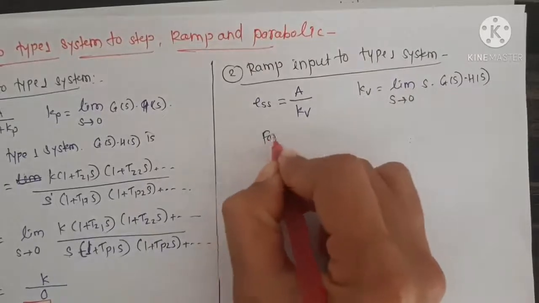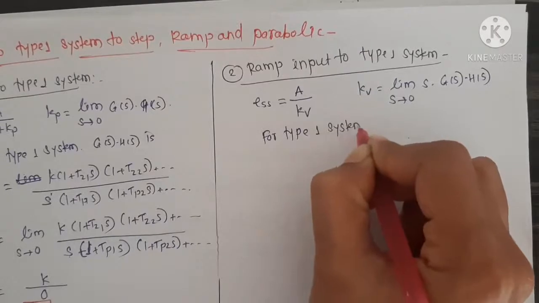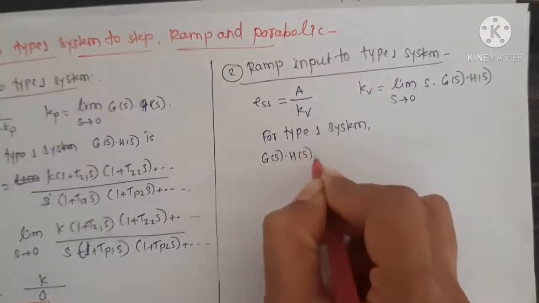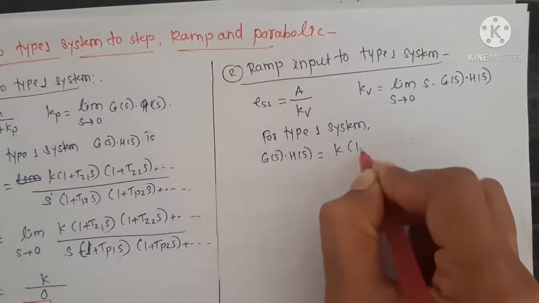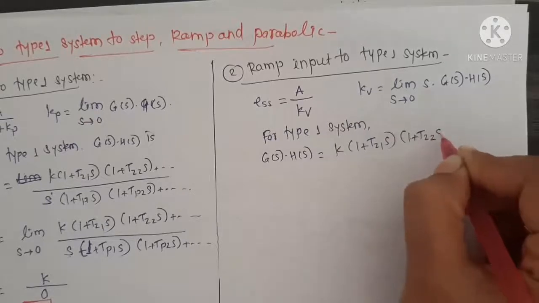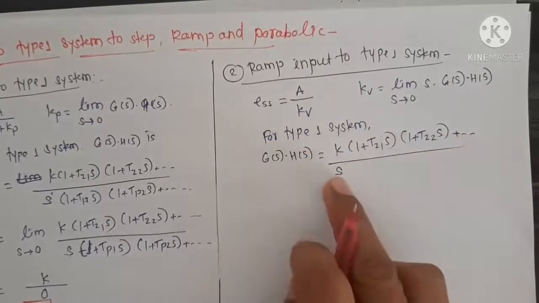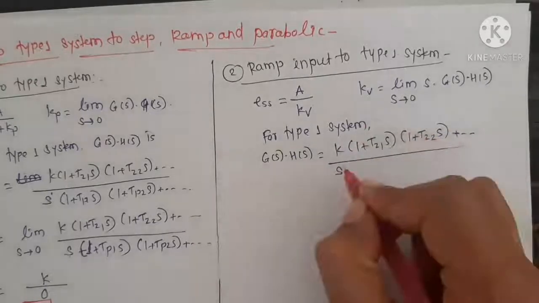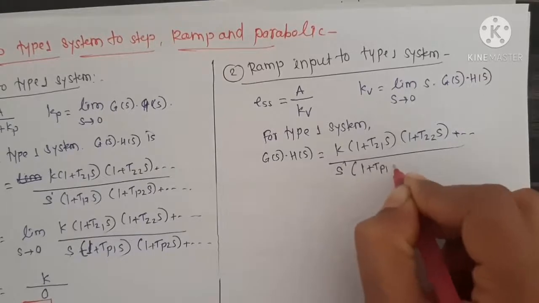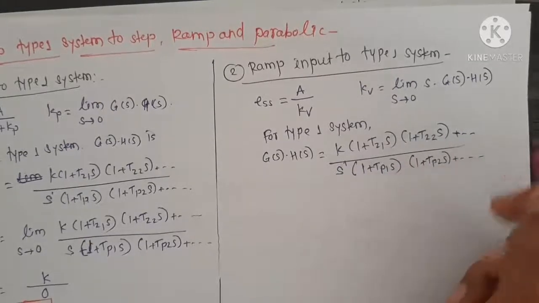But for type 1 system, what is the value of G(s) into H(s)? G(s) into H(s) is nothing but K(1 + Tz1 s)(1 + Tz2 s)... upon s. Because it is type 1 system, so s raised to 1 will come here, which is simply s(1 + Tp1 s)(1 + Tp2 s)...